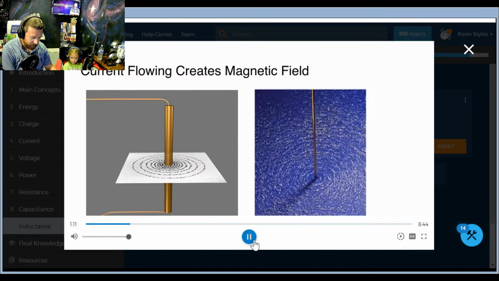If we have a straight wire and there's an electric current flowing through the wire, then that flow of charged current will create a circular magnetic field around the wire. You can see in the photo how iron particles are lined up in circles around a wire that's carrying current. This is why the whole field of this